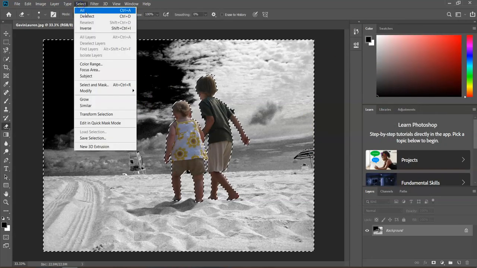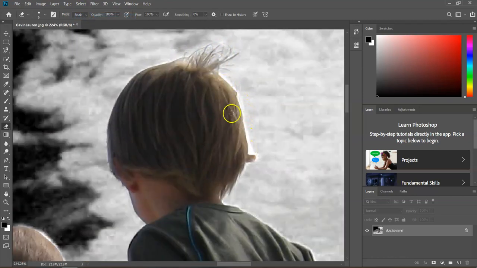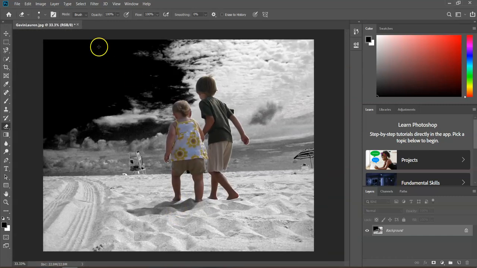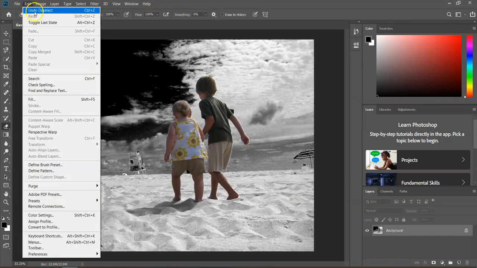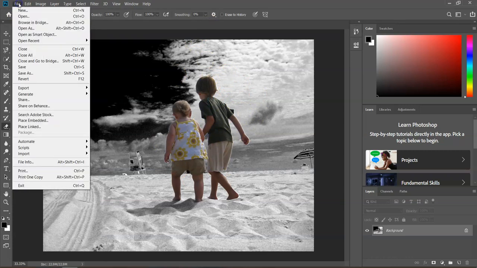I'm going to do Select, Deselect. If I zoom in, you're going to see that I really should have done a better job on the hair here, but I'm trying to make this video as short as possible. I can always edit, undo, edit, undo, edit, undo, and back it up and go back in there and play around with my selections. Once you get to the point that it's finished,